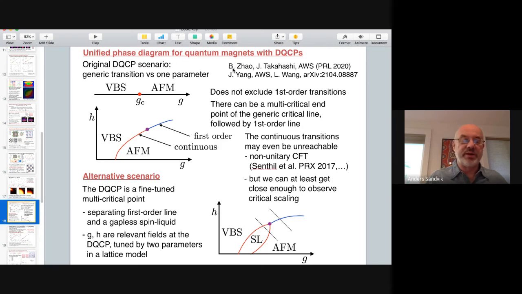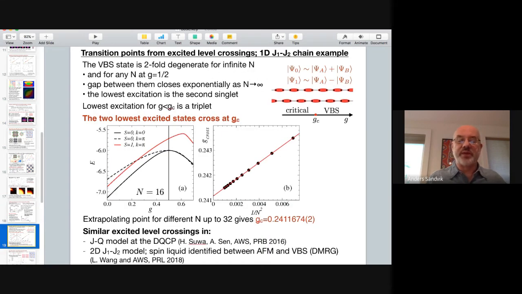So that's something where I can only summarize it very quickly. We looked at excitations of the Shastry-Sutherland model in a way very similar to what people have done for a long time in this Majumdar-Ghosh chain and also in other 1D systems. Namely, you can look at excited state level crossing. So it turns out that in this system of the Majumdar-Ghosh chain, you have a level crossing of an excited singlet and triplet, and that goes very quickly towards the quantum critical point. So the quantum phase transition is in the ground state, but it affects the low-lying excitations in a way that